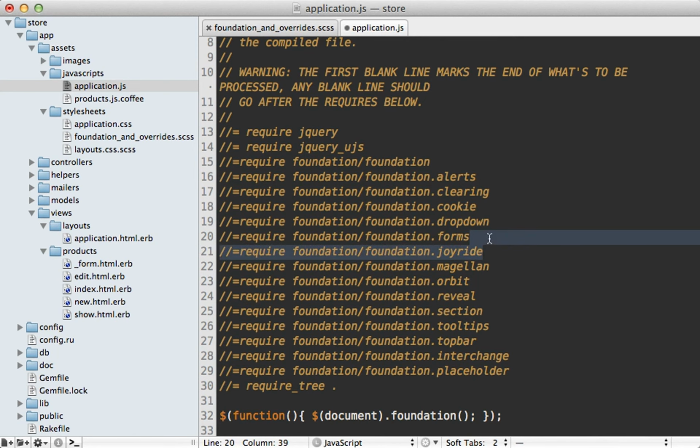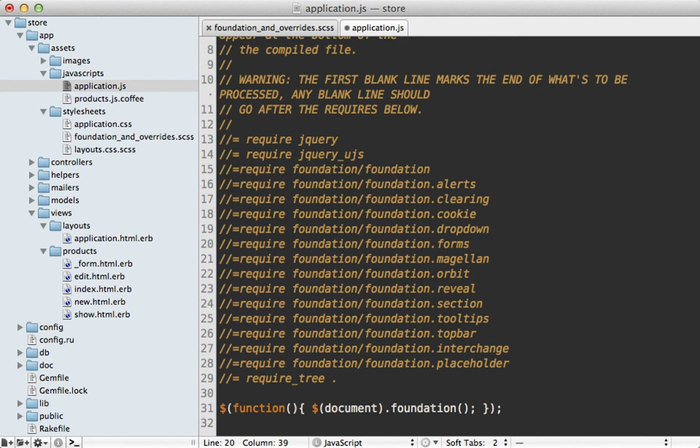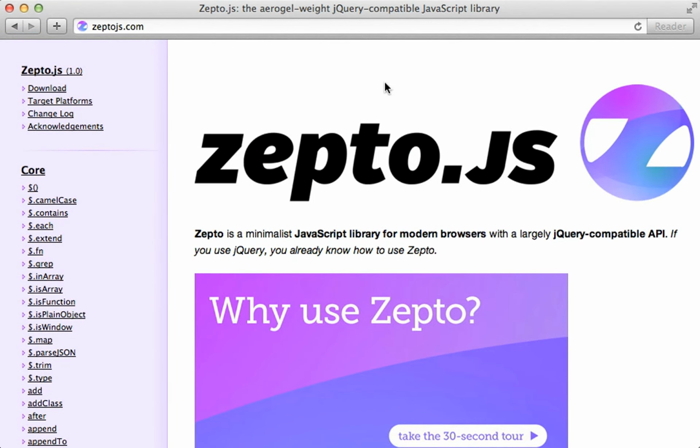So in this case, there's some Joyride related JavaScript. If I remove that feature, I can remove the JavaScript for that as well. Another thing you might want to do if you're trying to limit the amount of data you're sending to the client is replace jQuery with Zepto.js. It's quite a bit smaller, and Foundation fully supports Zepto, and it will just use this instead of jQuery if